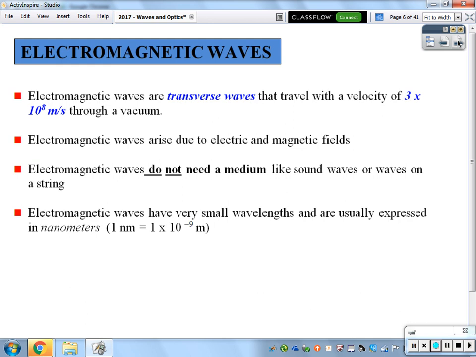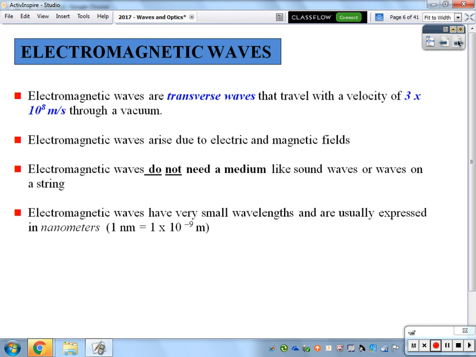Now, the reason why we call it an electromagnetic wave is because as these waves propagate, they create an oscillation, or a change in an electric field as it travels, as well as a magnetic field. So they're two separate things, but it does create a change in the electric field and magnetic field as it propagates. It is worth noting that I would love to go into more detail on that. We just don't have enough time for this in our crash course one day of electromagnetic waves and all the other good things that come with it.